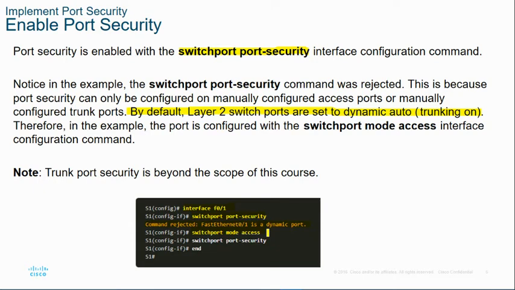If you are going to connect the port with a PC, you have to configure it as an access port. If you are going to use that port to connect with another Layer 2 device or with a router, you have to configure it as a trunk port. Now we enabled the interface as an access port manually. First you have to configure the port manually as an access port or trunk port. That we have done. After this, you have to enable port security.